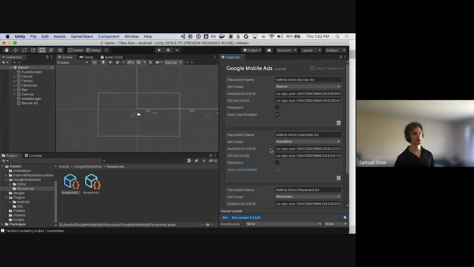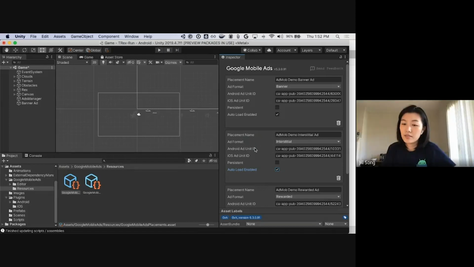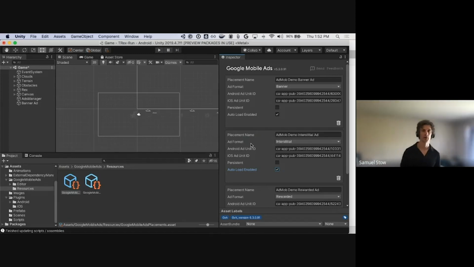Basically, for any ad format, you call initialize, and then when the initialize call completes, it will load these ads. So after the play of an interstitial ad, it will automatically load the next one? Oh, okay. Yeah, that's a good point. So no, it will only load it the first time. So if you want to reload it, you'll need to write some code in your script that calls load ad for you. It will load automatically on the scene, so if the scene restarts, it will load again. But if not,